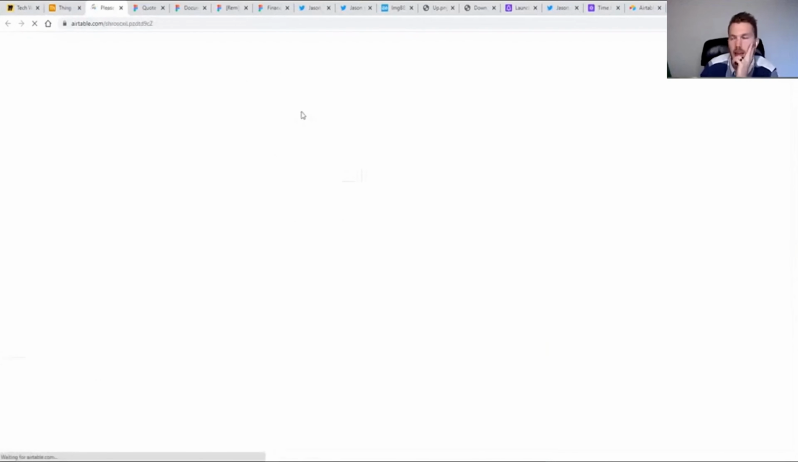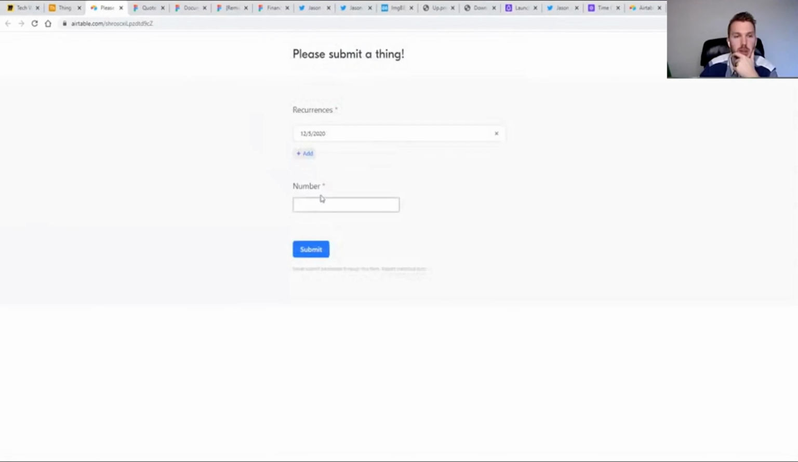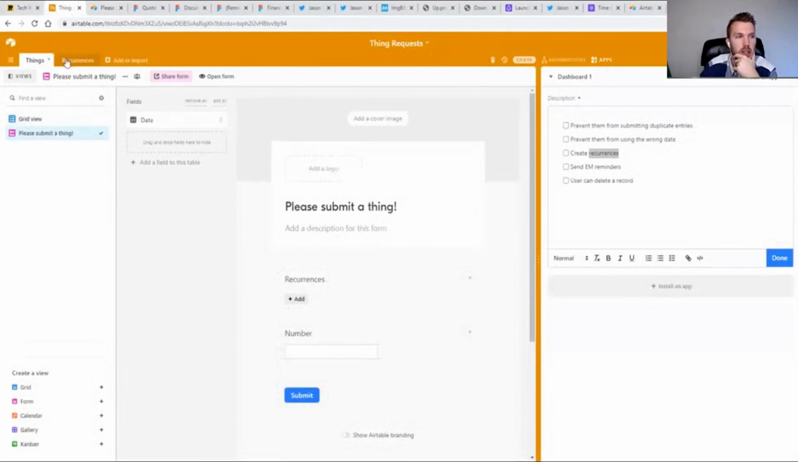Open up this form. And now rather than a date selector where they can put any old thing, they have to select the actual legit date options. So now they select 12/5, they can enter the number again. And it's now going to show up